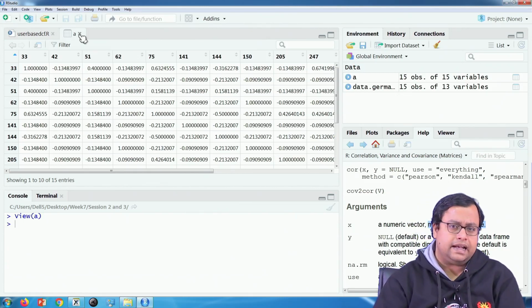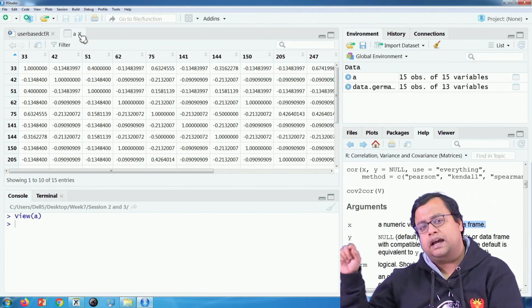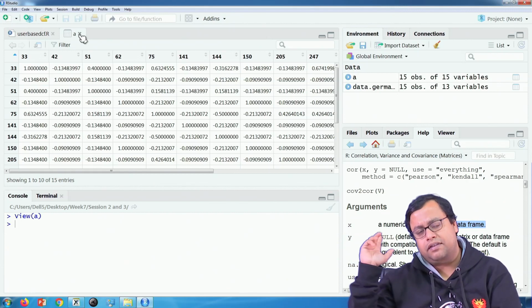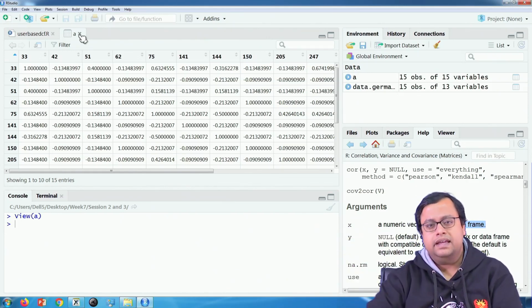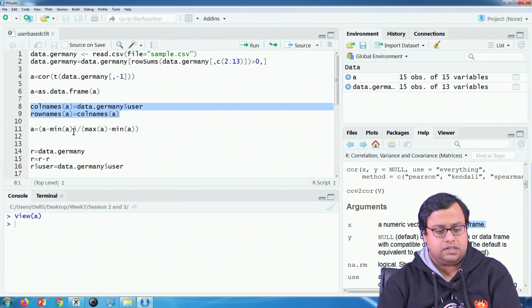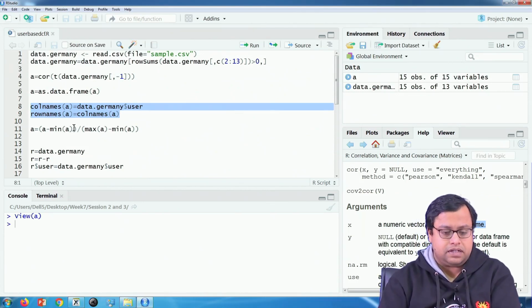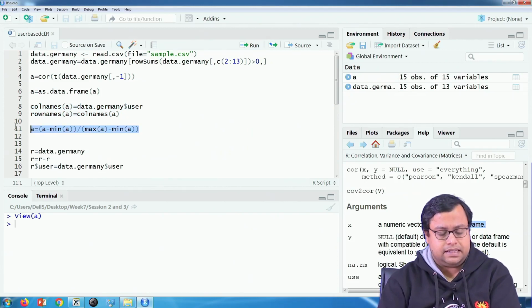So what did I get till now? Instead of the previous one where we were doing item to item collaborative filtering and getting a similarity matrix for one item over another item, here I am getting a similarity matrix for the user, one user towards another user. And then I will have to find out who are the top 5 users. So I am maximizing, I am putting in a normalization.